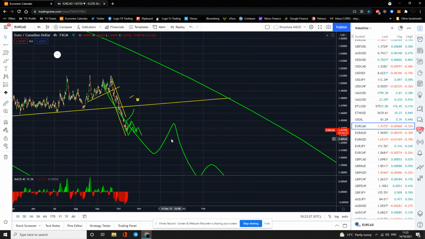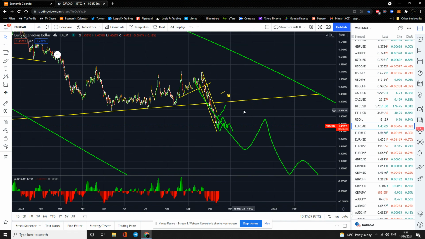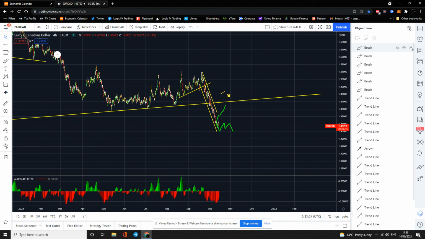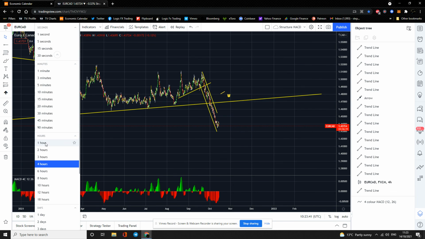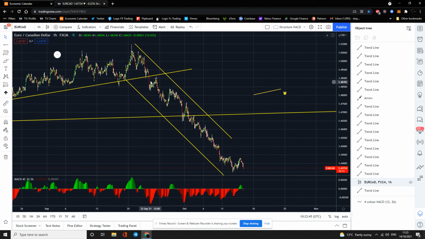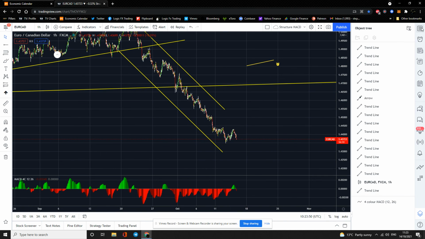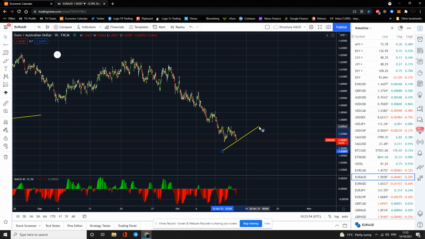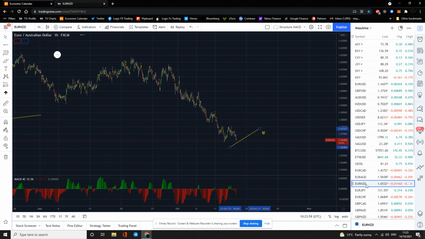Euro CAD continuing to strengthen. But yet again, this is one of those trades that you needed to be in up here somewhere, guys. Remember, we're on 4 hours, so you're not going to see a lot of detail. But this is one of those trades. If you were in from there and actually managed to stay in it, you'd be doing really, really well, guys. Euro Oz. So the odds continue to strengthen.